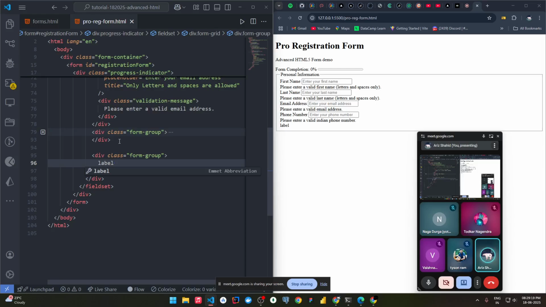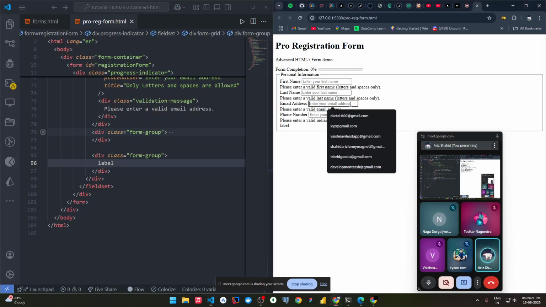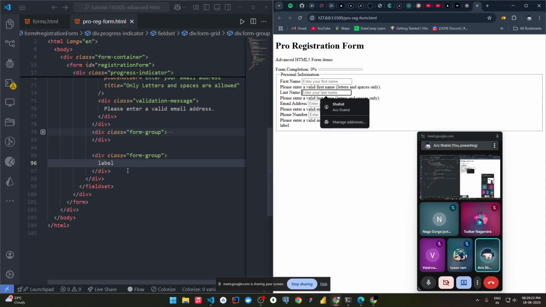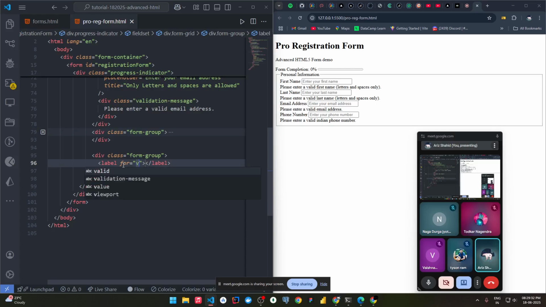Okay, so it won't show like enter your email address or enter your phone number, so we'll use the label here. Okay, so label will be for obviously birth date, date of birth,